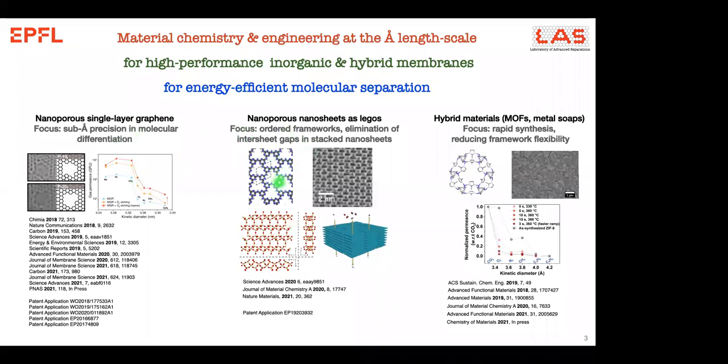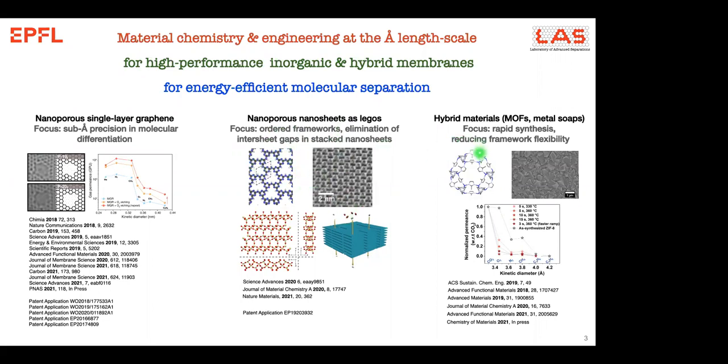The second subgroup works on more ordered crystalline nanosheets. The unique part in this is that they are still atom thick or unit cell thick, but they have well-defined porosity, which can host a particular gas molecule and reject other gas molecules. And there we are trying to develop methods so that we could play with the way the gases transport through the stacked nanosheet films, removing or managing intersheet gaps in there.